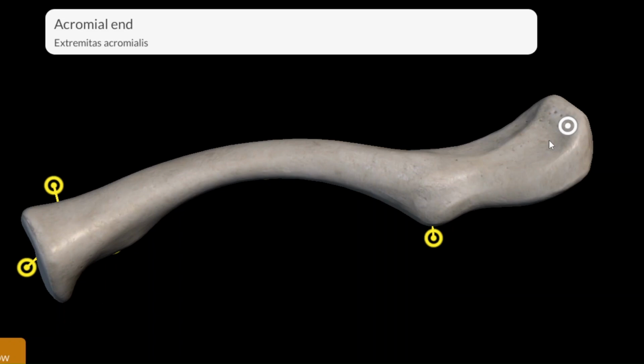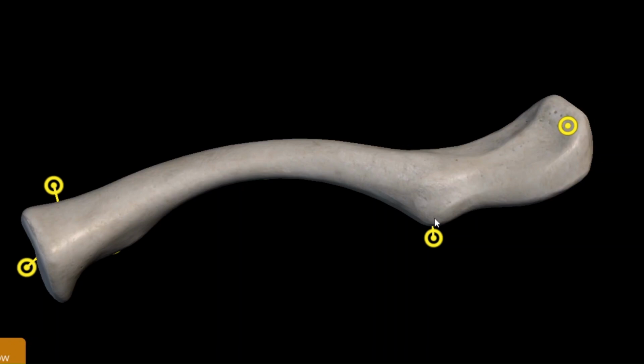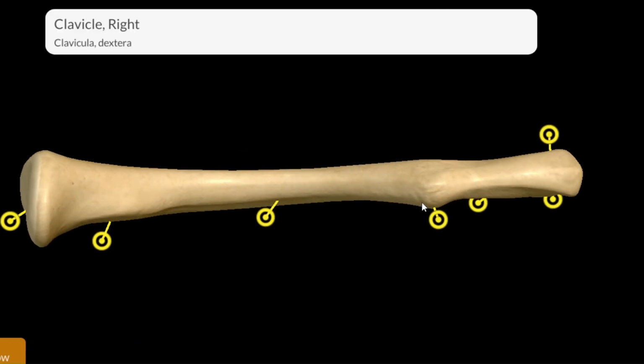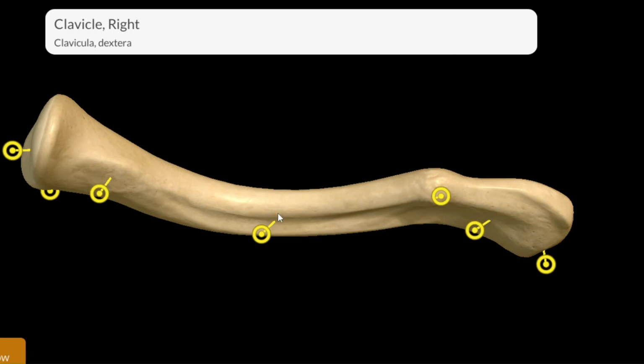And then we have the acromial end. We have the acromial end, the sternal facet, the sternal end, and then the conoid tubercle, and we have our groove here. I hope somebody remembers the name of the groove. We have our groove here, the subclavian groove, and then this region,